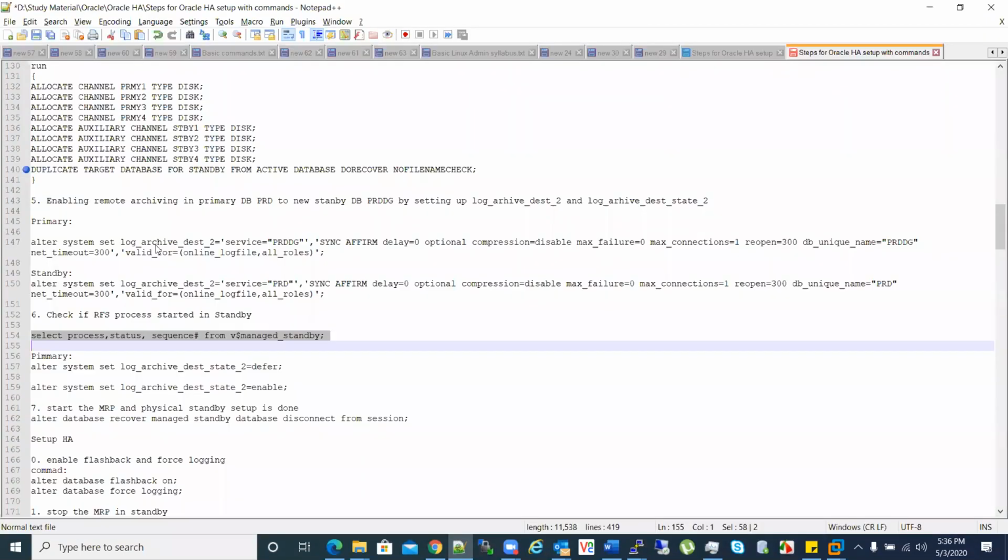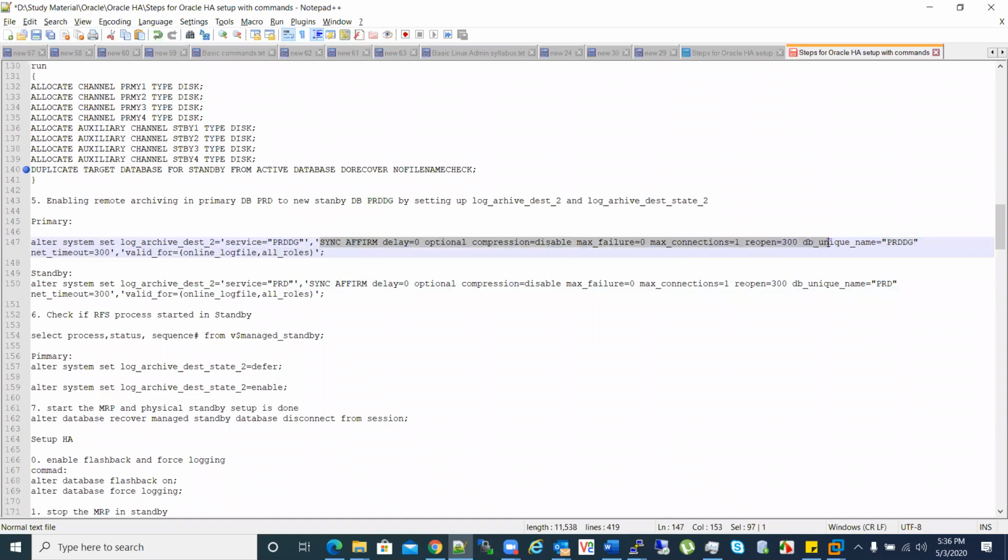It says set the remote archive destination, that is PRDDG, with these parameters: SYNC, AFFIRM, DELAY=0, OPTIONAL. You don't have to keep all of them for a normal standby, but when you configure DGMGRL, it will replace the log archive destination with this entire value. That's why I'm setting this parameter.